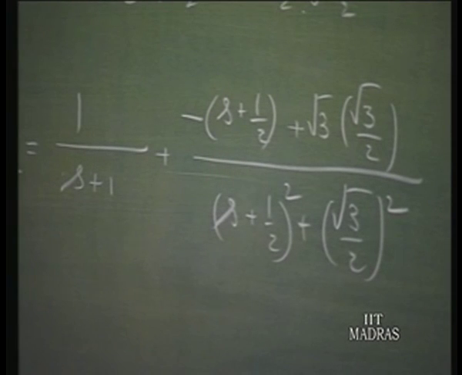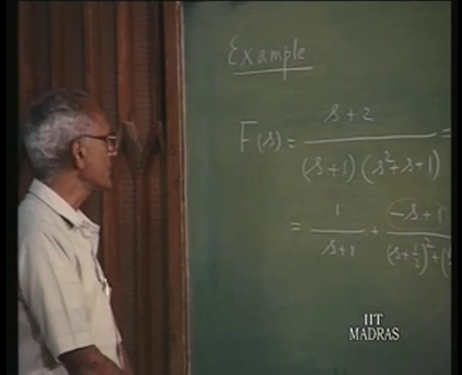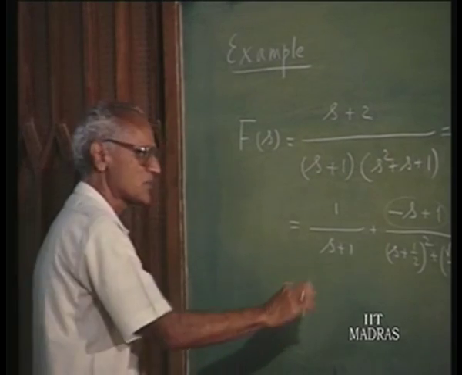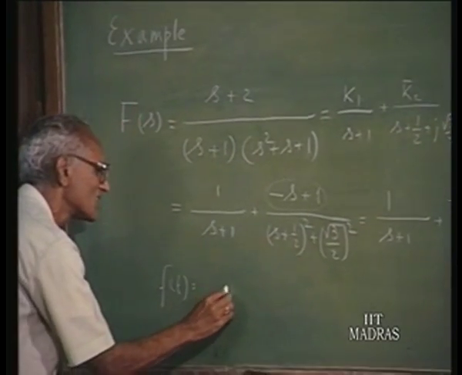So that is the linear combination of these two terms that we are looking for. Now we have got the three terms which are known Laplace transforms of particular time functions, therefore we can find out the inverse Laplace transform, that is the time function. Corresponding to the first term you have e power minus t,